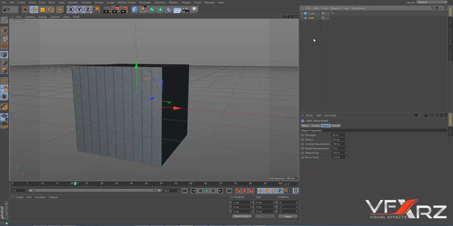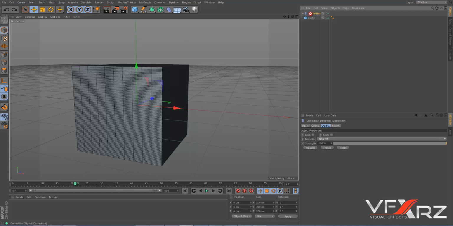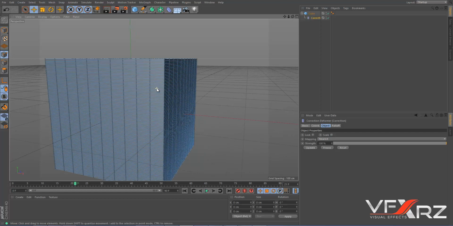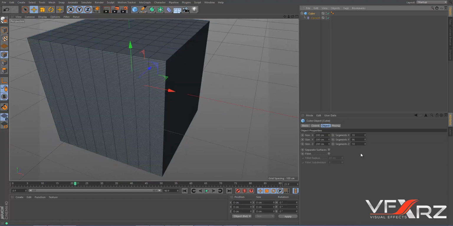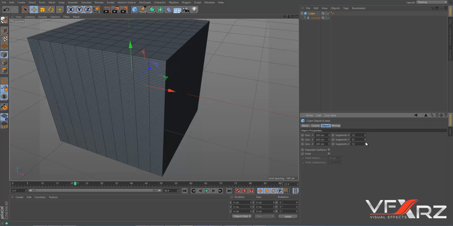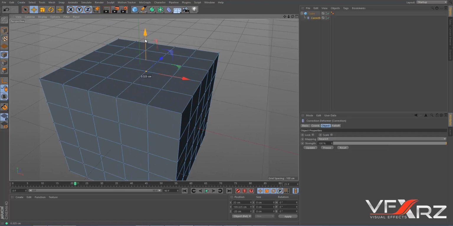Okay, next deformer is correction. Now if you ungroup this correction and then here click point, as you can see, we can see all points. Now I change the segments to 5, 5 and 5. Okay, now click correction and you can select your point and then change, for example, this